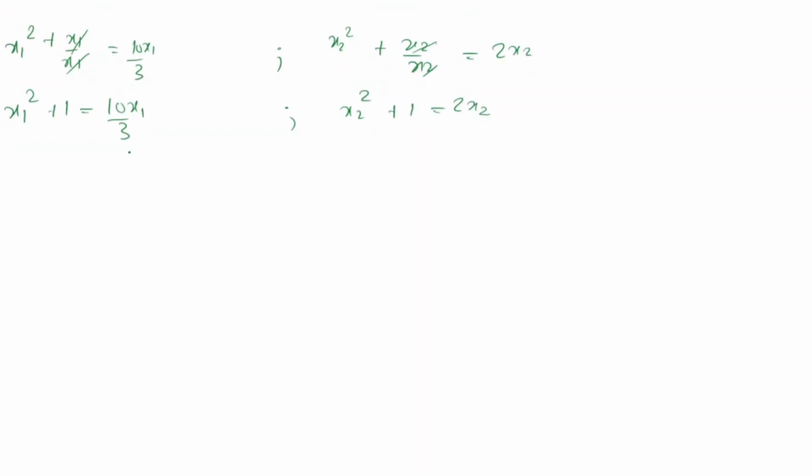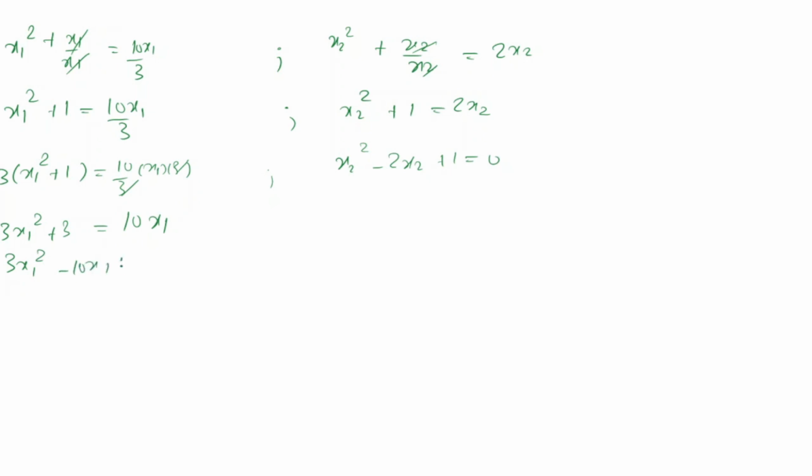अच्छा, अब टू 3 को भी डिनोमिनेटर से एलिमिनेट करने के लिए जस्ट मल्टीप्लाई 3 टू बोथ साइड्स। 3x1 स्क्वायर प्लस 1 equal to 10/3 into x1 into 3। Similarly, इसको यहाँ पे शिफ्ट कर दें, x2 स्क्वायर minus 2x2 plus 1 equal to 0। अच्छा, तो ये मुझे मिल रहा है 3x1 स्क्वायर प्लस 3, और ये 3 इसके साथ एलिमिनेट हो जाएगा, सो आई एम गेटिंग 10x1 है। 10x1 को यहाँ पे शिफ्ट कर दें, सो 3x1 स्क्वायर माइनस 10x1 प्लस 3, एंड सिमिलरली।